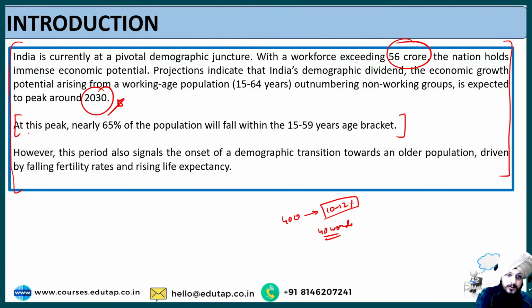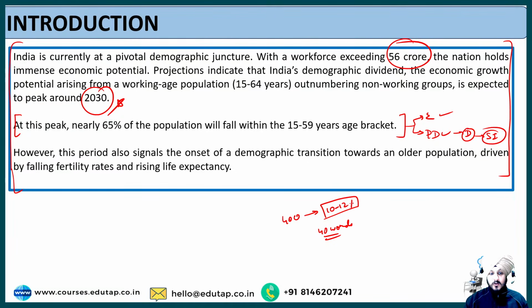I want you to note down this data. You can use this data in case of an employment based question also. You can use this data in case of population dynamics based questions also, that are asked related to demography, because it is something that is there as a part of the social issue syllabus, right? So make sure that you are collecting this type of data. You can use it in different manners and different types of questions.